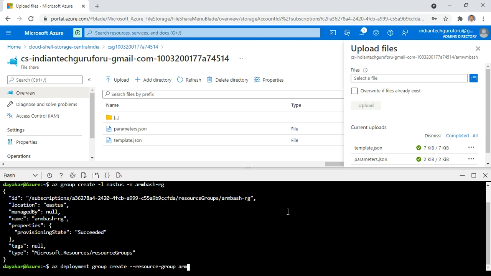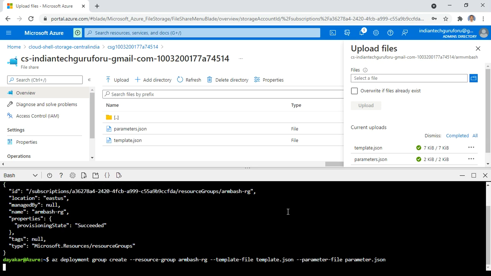I have created ARM bash -RG, and I need to give the template file. What is the name of the template file? Template.json, and I need to give the parameter file. What is the name of the parameter file? Parameter.json. That's it. Just press enter.